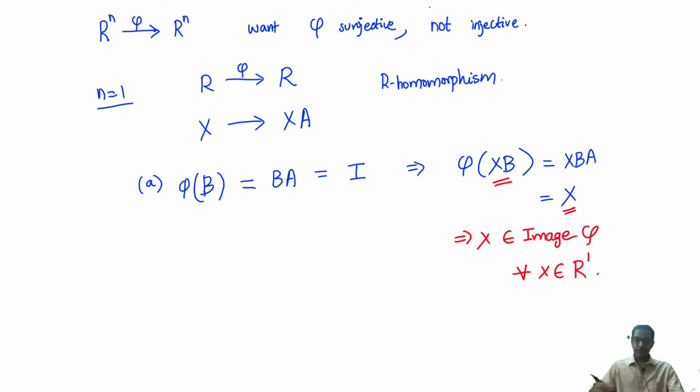Let's show it's not an injection. To show it's not an injection, we need to show it's got some kernel, that it kills some element. So here's the element it kills. Let me define an operator C as follows. C of (x1, x2, etc.) is (x1, 0, 0, 0, ...). So here's my operator C. It's sort of the projection onto the first component. Keep x1, make all the others 0. Now C is clearly a non-zero operator. C is not the 0 operator.